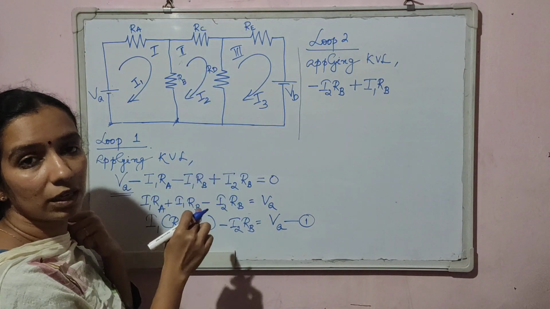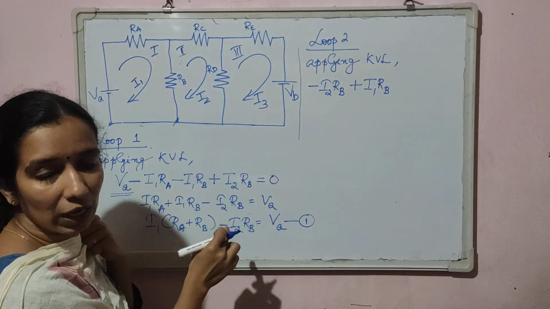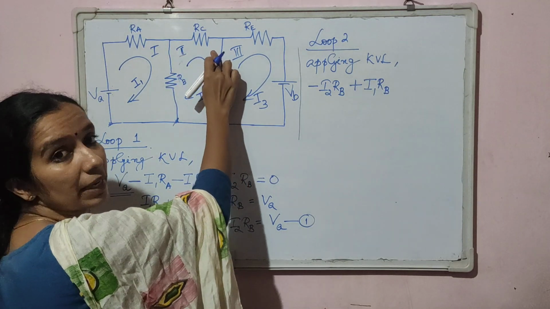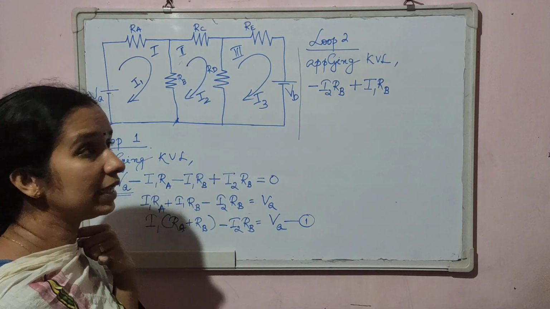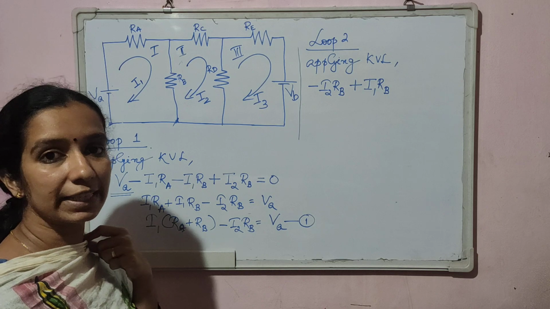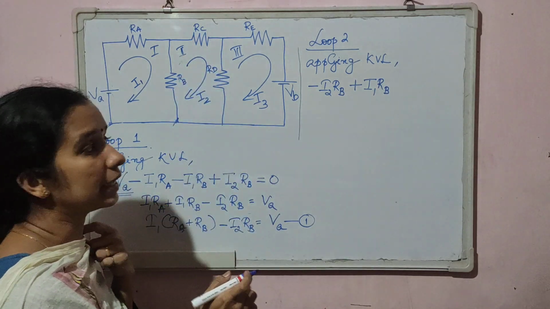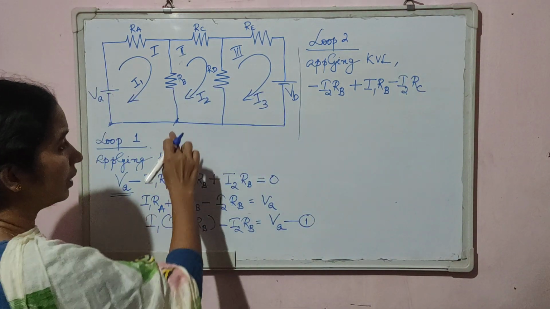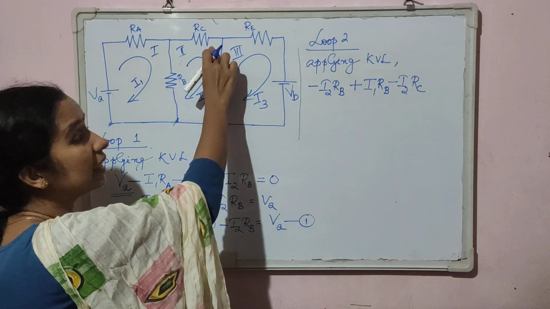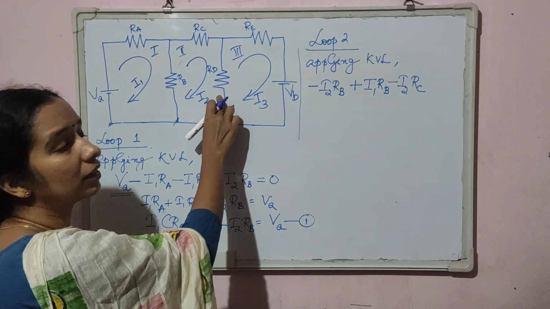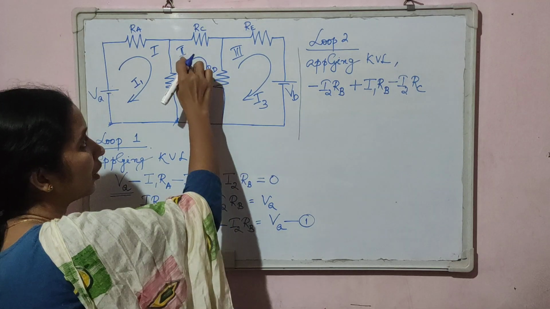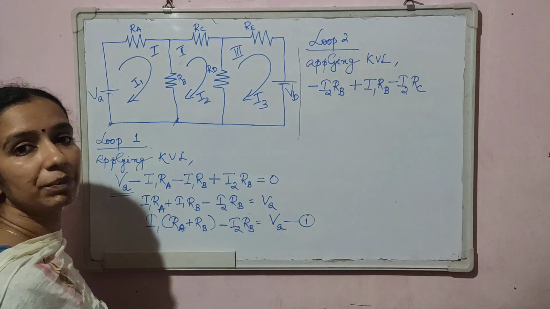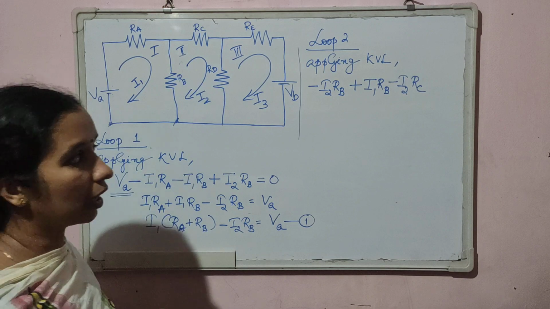Now we are tracing like this. The next component is RC. Current I2 is flowing through RC. We are tracing the circuit in this direction, and I2 is also flowing in the same direction. So voltage drop across RC due to I2 should be treated as negative, so minus I2 into RC. So we are tracing like this. We have considered RC. Next component is resistor RD. We are tracing in this direction, and I2 is also flowing in the same direction. So voltage drop across RD due to I2 will be negative, and that is minus I2 into RD.